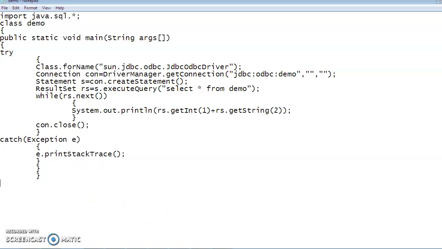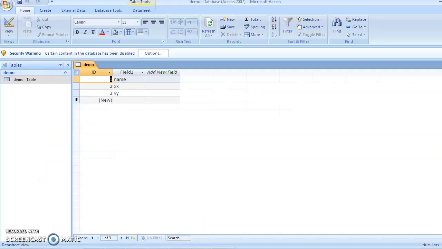Okay, now we will see MS Access, where I have created this demo database. You can see here, this is the table that I have created.